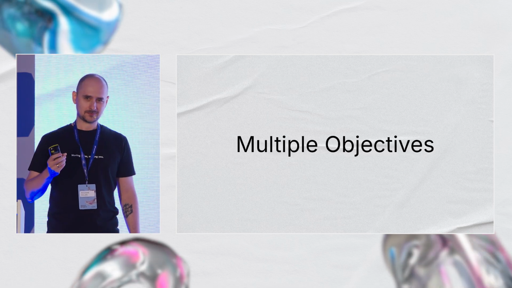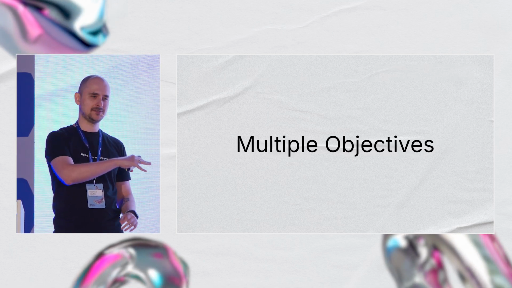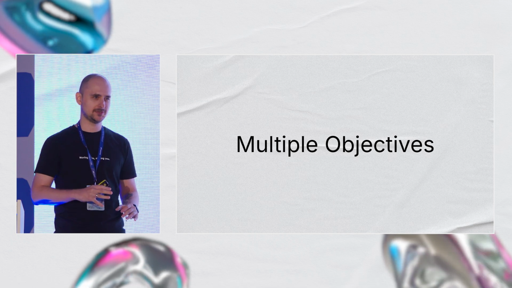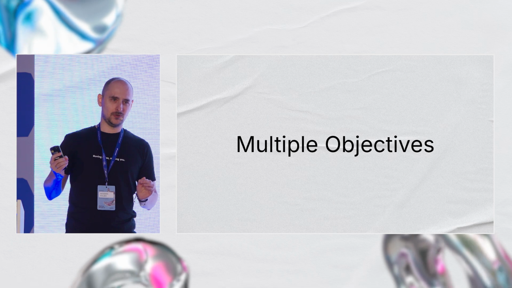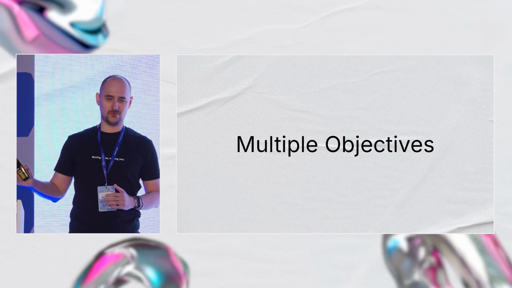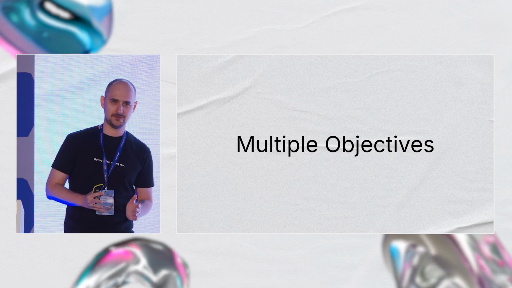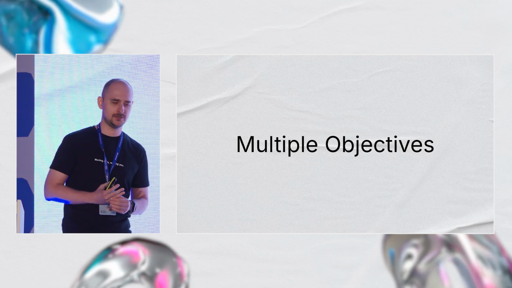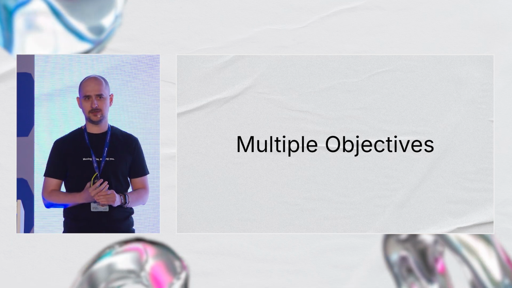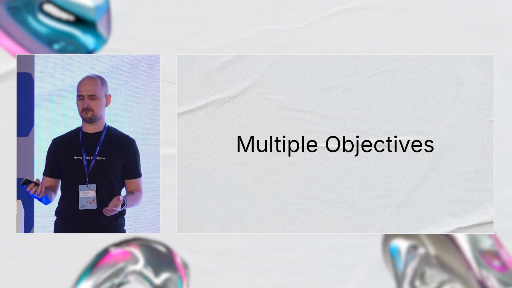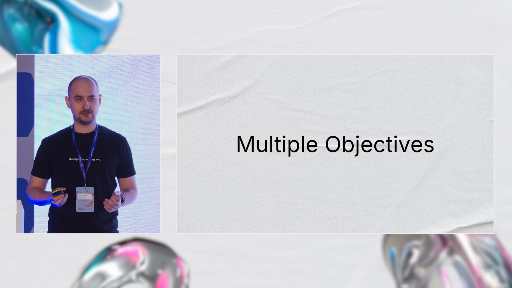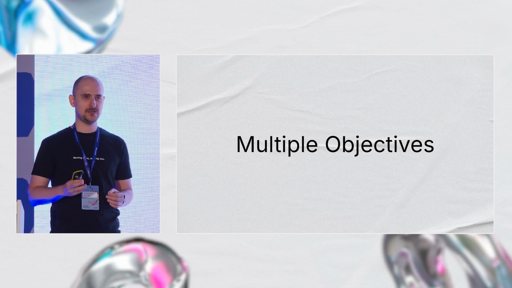And remember, I said that we can easily compare two possible solutions. I lied. Because, well, it's fine when one solution is feasible, another one is not. But if you, for example, look at the food delivery, we might have multiple objectives. We want to deliver as many meals as possible, but on the other hand, we want to minimize the route